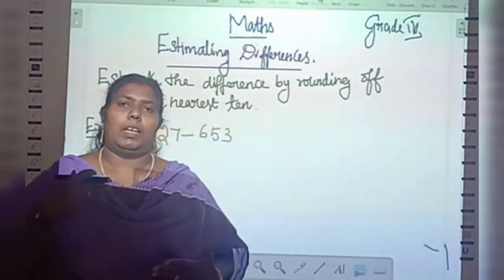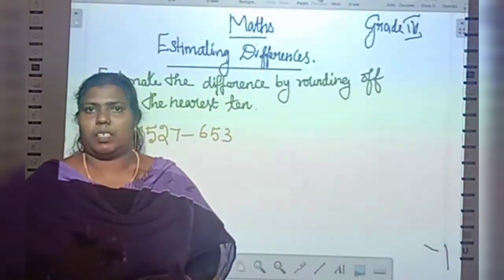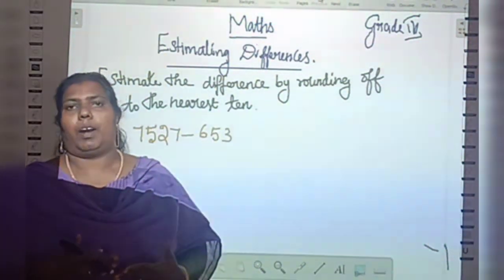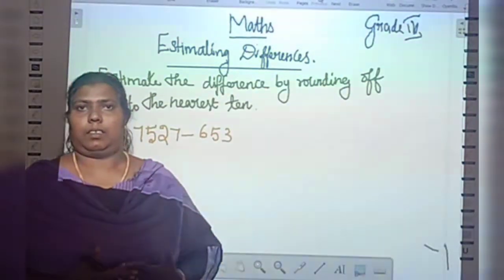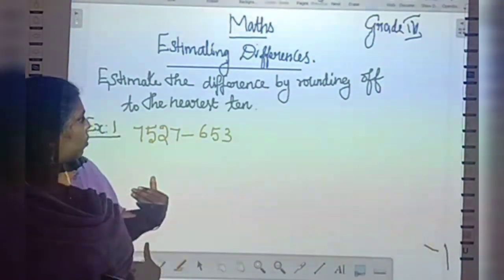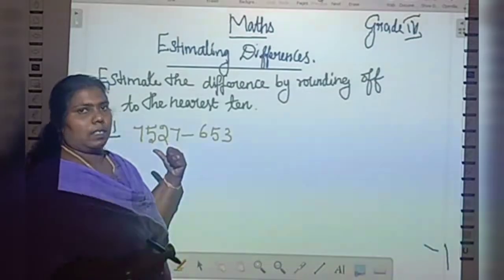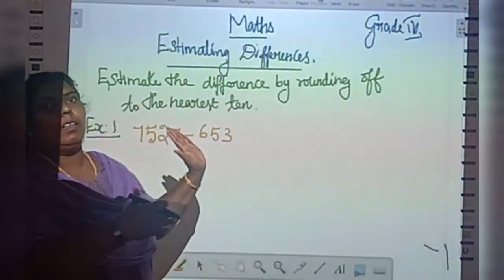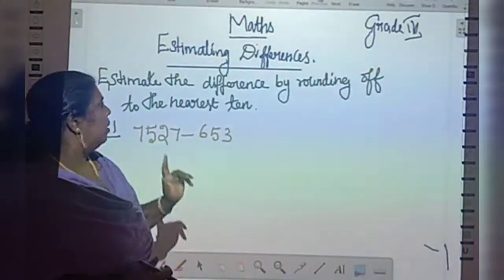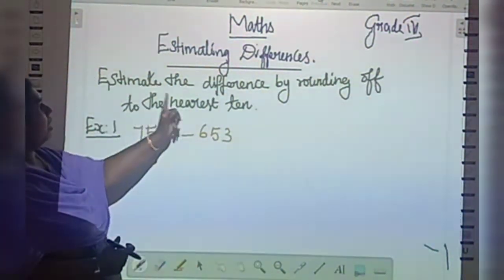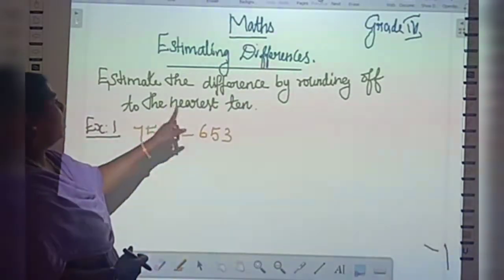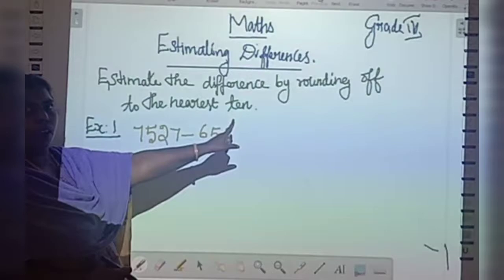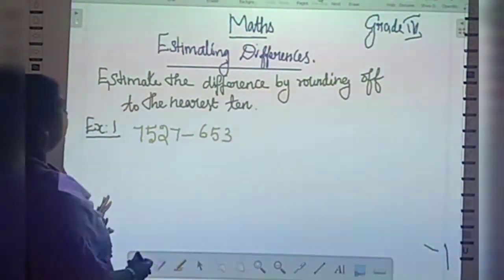You know nearest 10, nearest 100, nearest 1000, how to find them. Today we will discuss estimating difference to the nearest 10, nearest 100 and nearest 1000. See the first one: estimate the difference by rounding off to the nearest 10. The first example is